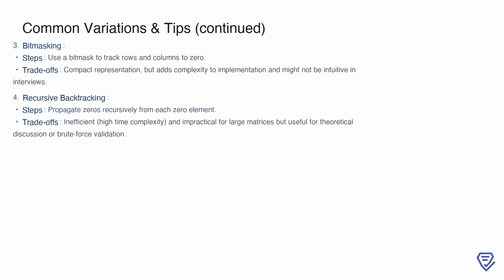Another approach to solving this problem is bit masking, where you use a compact representation to track which rows and columns need to be zeroed. While this method reduces memory usage, it introduces additional complexity and might not be intuitive during an interview. Recursive backtracking is another theoretical option, where zeros are propagated recursively from each zero element. However, this method has high time complexity and is impractical for large matrices. It's generally not recommended for implementation but can be useful for brute force validation or discussing the problem from a theoretical perspective. Each approach has its trade-offs, so it's important to choose one that balances simplicity, efficiency, and the specific